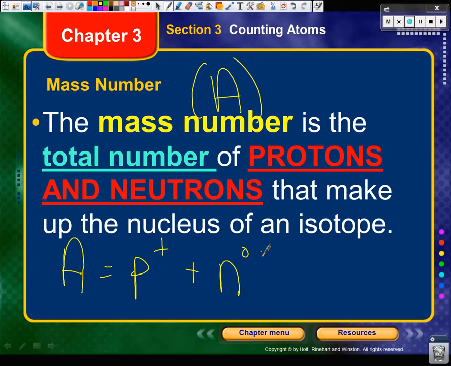One more thing that I want to talk about. Is it possible for an atom to have half a proton? No, can't be halves. Can't be quarters, can't be anything decimal. Is it possible for an atom to have half a neutron? No, it's impossible. So here's a question. If you can't have any halves or decimals or anything like that, when you add these two numbers together, what should your answer always be in? Perfect. Write that down. So the mass number is always a whole